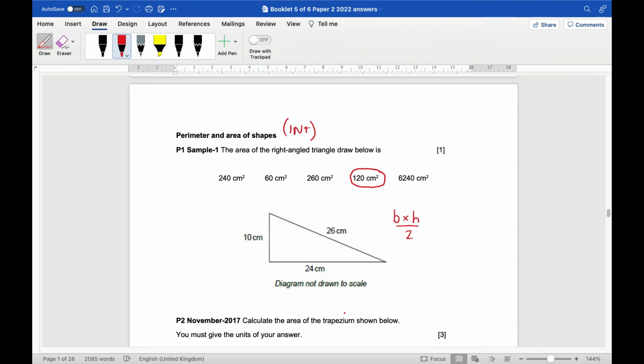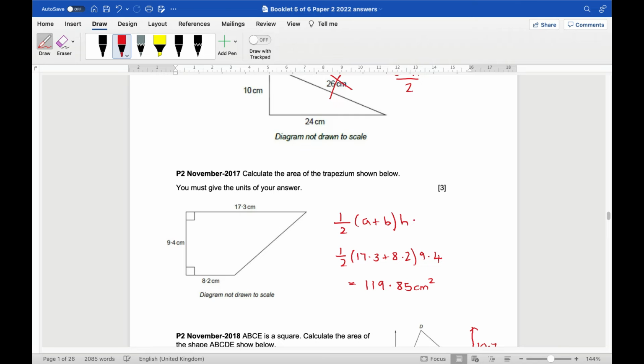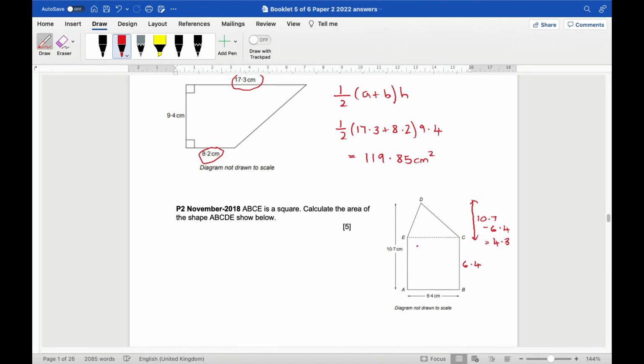Perimeter and area of shapes. Right. A triangle, base times height divided by 2. Don't need that. A trapezium, don't need to learn this. Actually given in the front of your book. The top plus the bottom, half it times the height. So I've written that. Times that. Here,